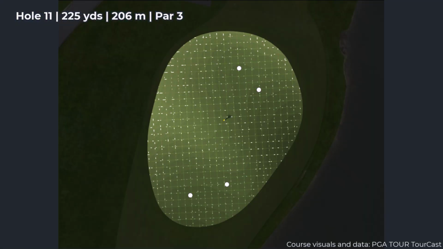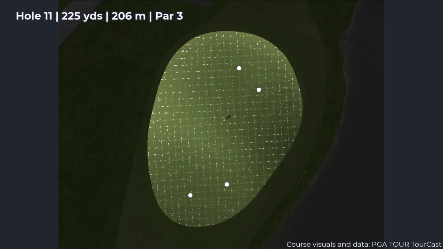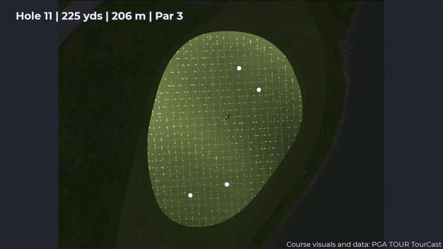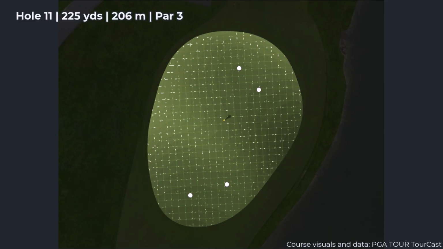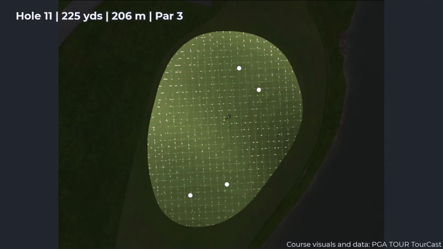The green slopes from left to right and back to front, and features a prominent ridge about 1/3 of the way into the green, creating multiple levels. For right side pins, players must carefully manage the slope while avoiding the water, as balls can move in that direction if not struck precisely. For front pins, the challenge shifts to navigating the ridge, ensuring the ball finishes on the correct level to avoid